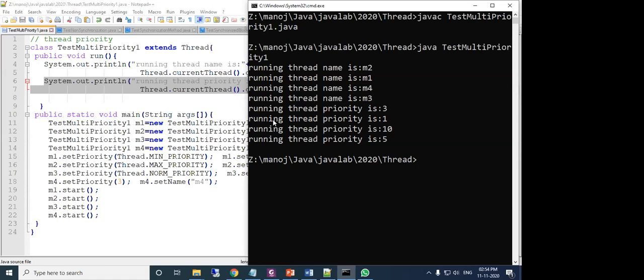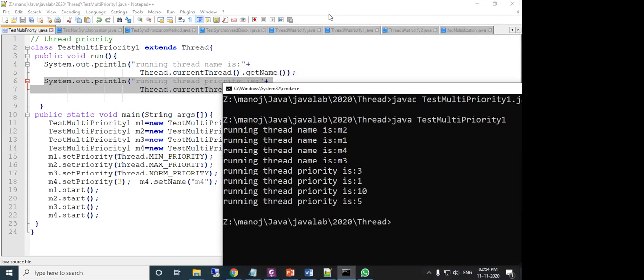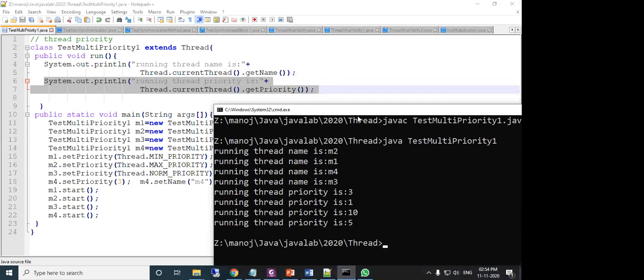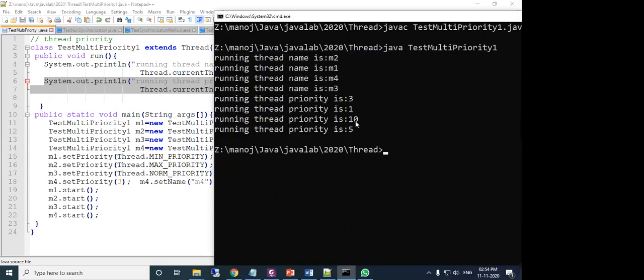So running thread. Here again, see the getPriority value, it is printing 3, 1, 10, 5. So again it runs separately, 3, 1, 10, 5. That means even if priority is given, the process is not waiting for this.